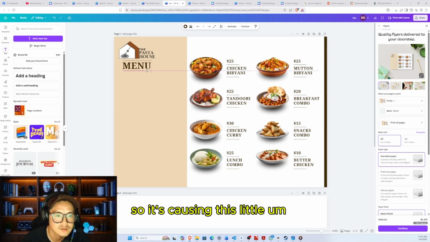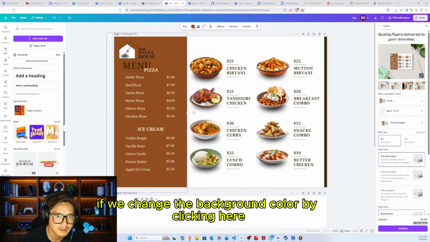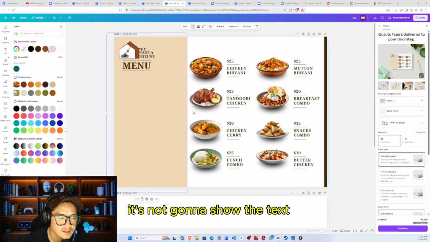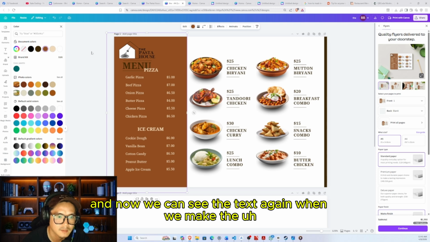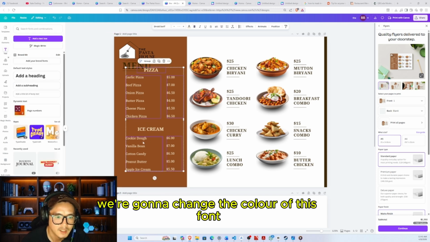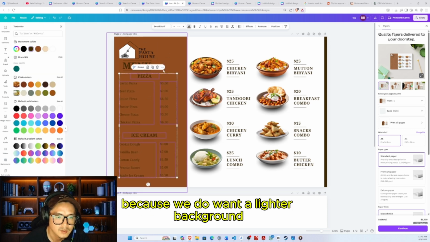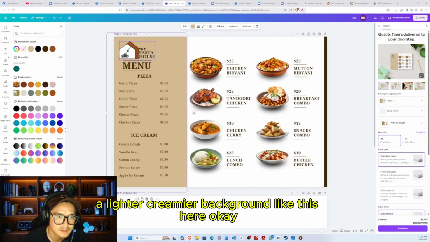Okay, so as you can see now, the problem is that the text color is too light, so you can't really see the text. All you gotta do, if we change the background color by clicking here, we're going to be able to see the text again. So as you can see, when we click here, it's not going to show the text because the background now covers the text, and now we can see the text again when we make the background a little bit darker. So what we're going to do is change the color of this font to maybe also this color here,